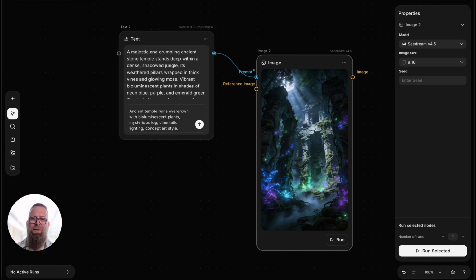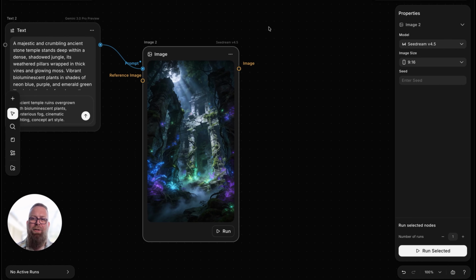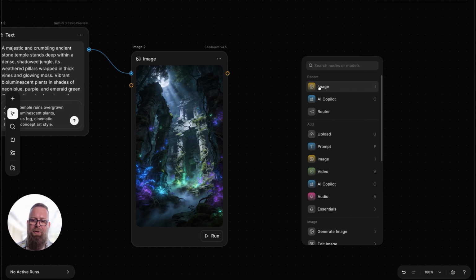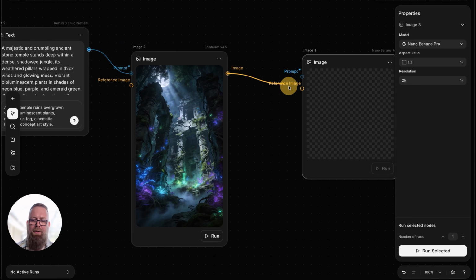Now, Generate Image also supports image to image. If I connect an upload node with a reference photo, the AI uses that as a starting point while following my prompt. It's great for style transfer or guided generation, but you can also do it with image generation nodes chained together. So I'm going to add another image node,